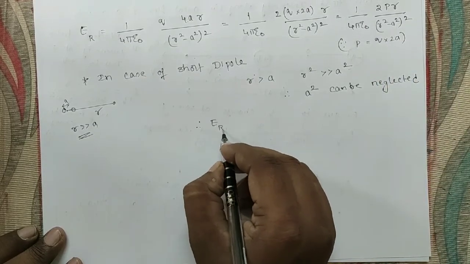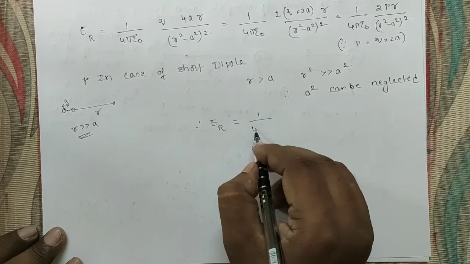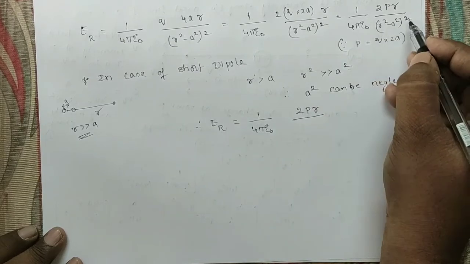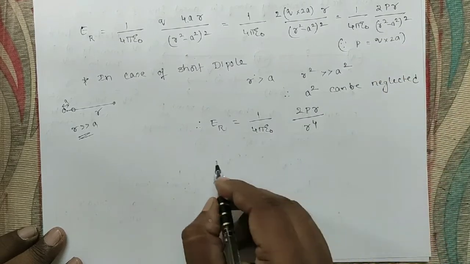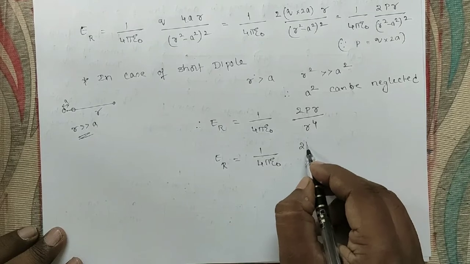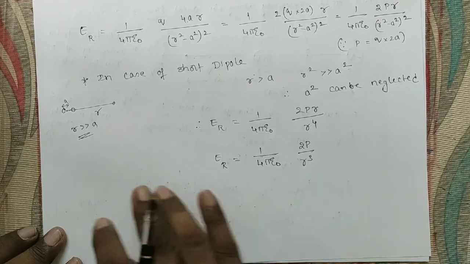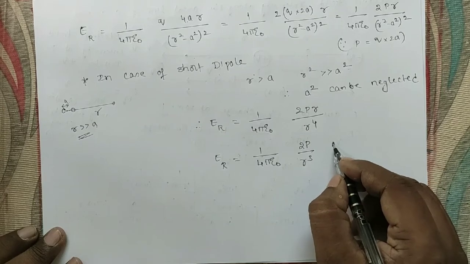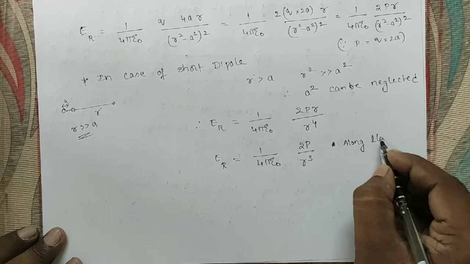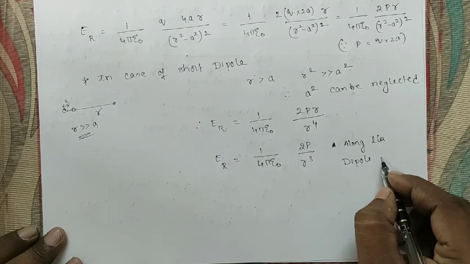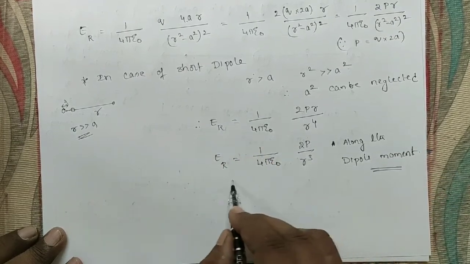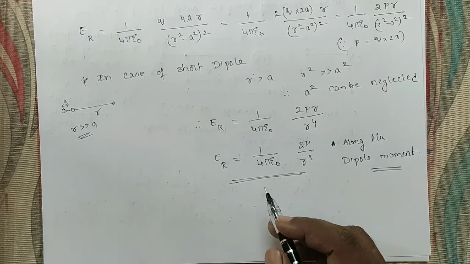Therefore the resultant electric field intensity is 1 upon 4 pi epsilon naught into 2pR by, if you neglect A square, (R square) whole square will be there. That's why it is R power 4. Therefore E resultant equals 1 upon 4 pi epsilon naught into 2p by R cube. Its direction? Away from the positive charge, or else you can say along the dipole moment. So this is the electric field intensity along the axial line. So next